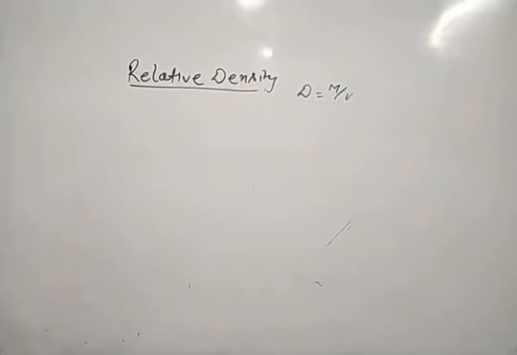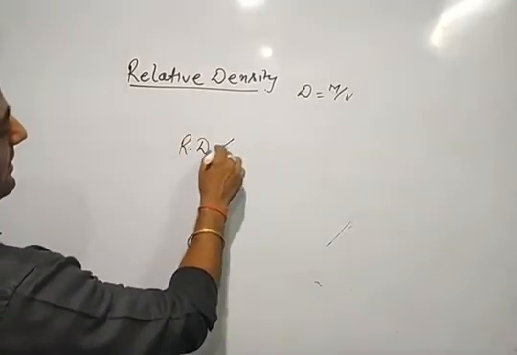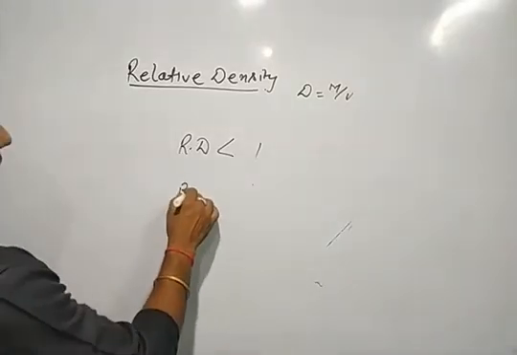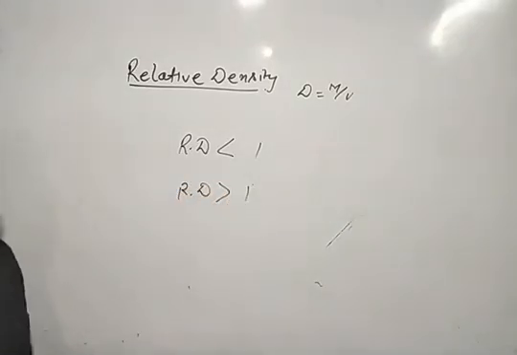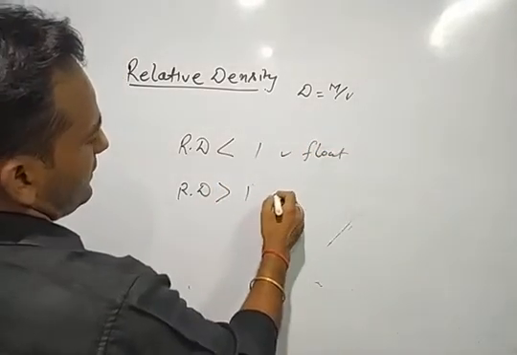Now, some things are given with the relative density, like cork, wood, petrol, ice, olive oil. From the beginning in your book, till pure water, the above things have relative density less than 1. So if relative density is less than 1, the object will surely float in the water. If relative density is greater than 1, then the object will sink. In this case, the object will float. In this case, the object will sink.